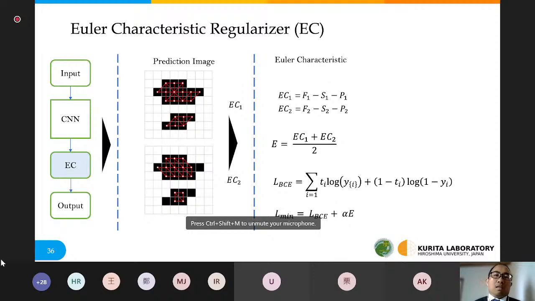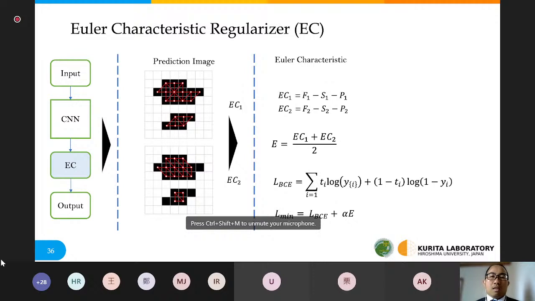In this slide, I demonstrate how to include the Euler characteristic as a regularizer in the convolutional neural network. So let's assume we have a predicted image from the convolutional neural network. And from the output of the CNN, we analyze the prediction image and calculate the number of isolated objects by finding their Euler characteristic.